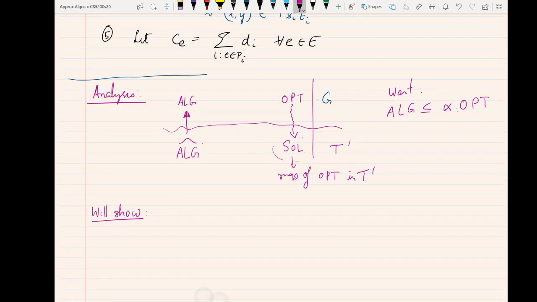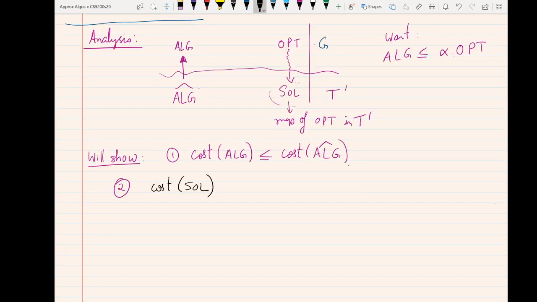So this is what we are going to show as the first step: the cost of alghat translated, the tree solution translated to the graph, only goes down. Now the second thing that we'll show is that the cost of the solution mapped, sol, as indicated above, is at most order log n